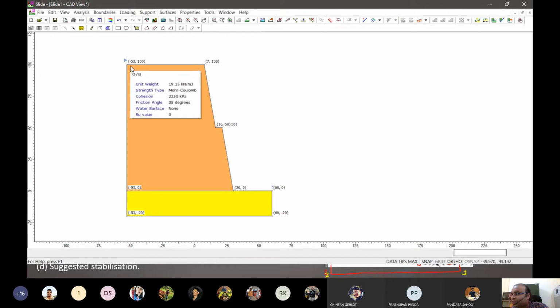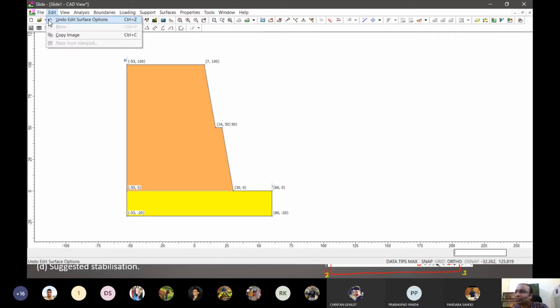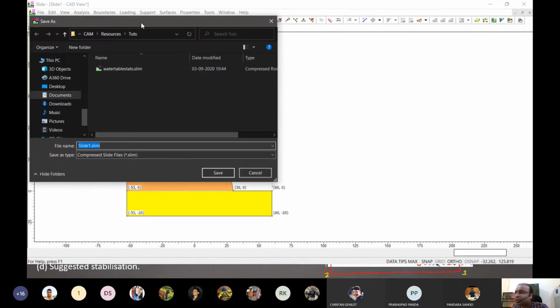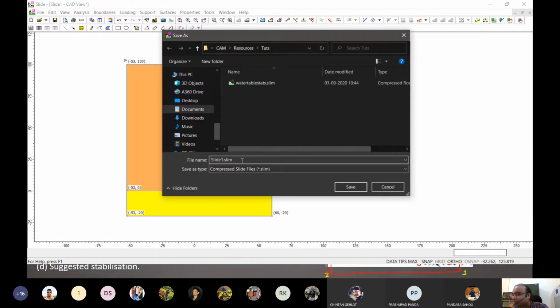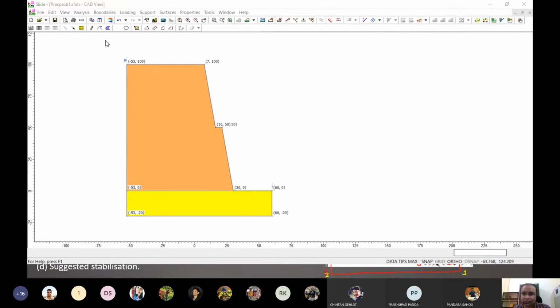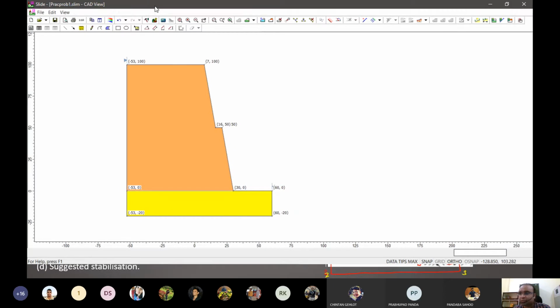Let's see what happens. We have the limits defined. We have the material defined, and we have defined the gridding. So let's save this and find out what we get. This one is practical problem 1, right? And let's compute this and see where we stand right now. It's computed very quickly, but I feel it is failing. That is why it's computed very quickly. Let's see.